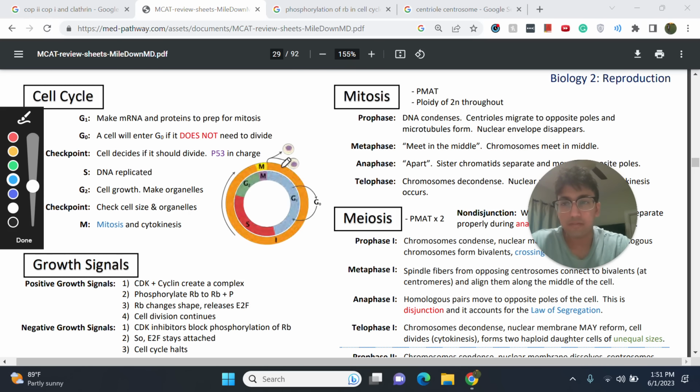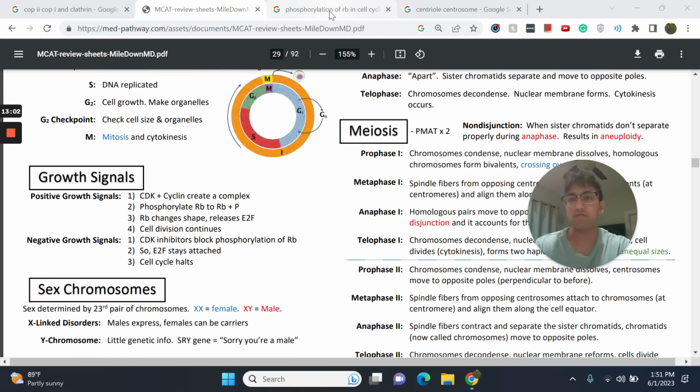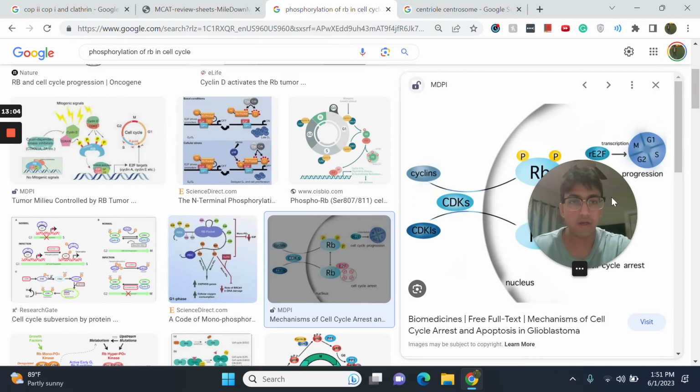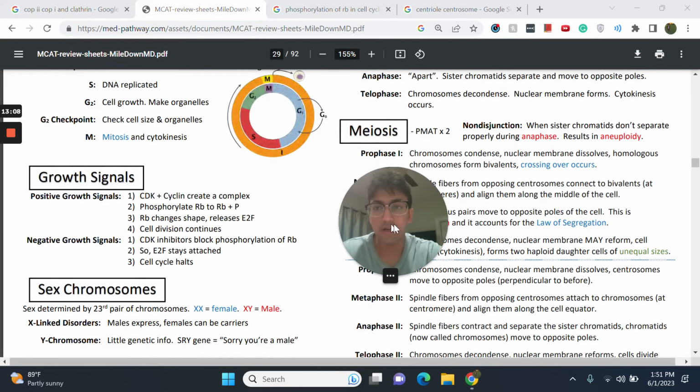Okay. It's also important to know that during G1, the cell can leave the cell cycle into G0. If it doesn't need to divide, there's no need to keep staying within the cell cycle and keep producing these two daughter cells, so it'll be in G0, which is kind of a dormant phase. There are growth signals, and I think this was very confusing to me. I pulled up a picture when I was studying, which helped me a lot. And so the thing to understand here is that